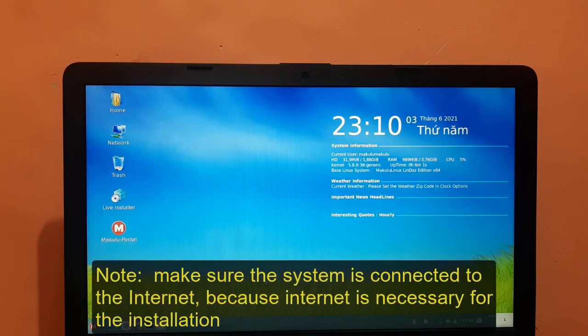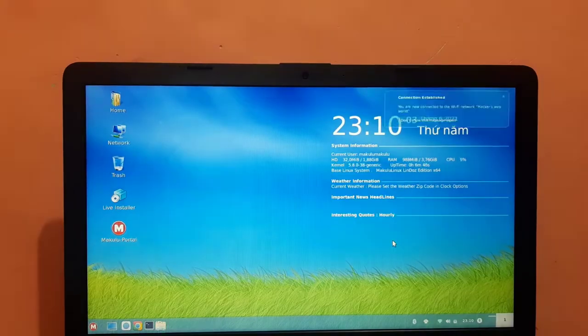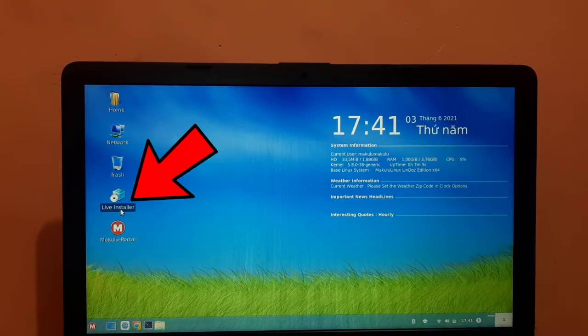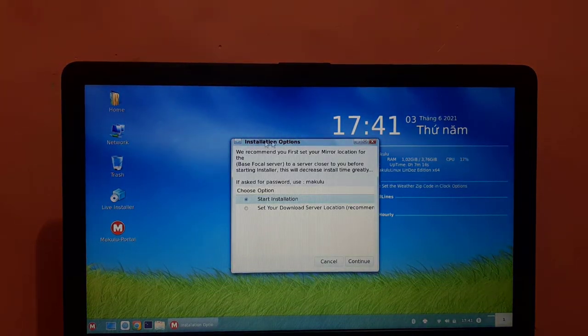First, make sure your system is connected to the internet because internet is very necessary for the installation. Now open the installer by clicking on the live installer. Now first we have to configure the installer. So our first step is to set the download server for the Linux package installer.